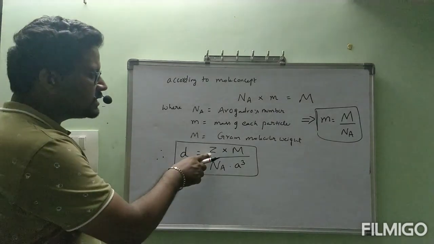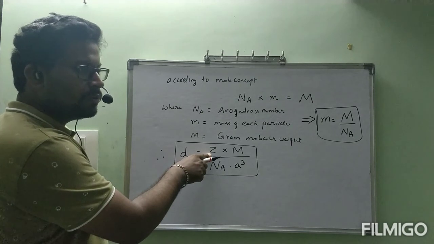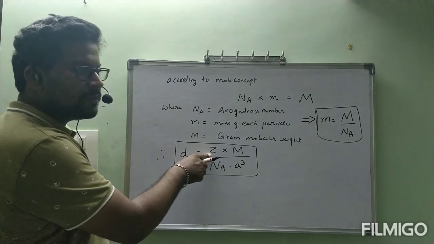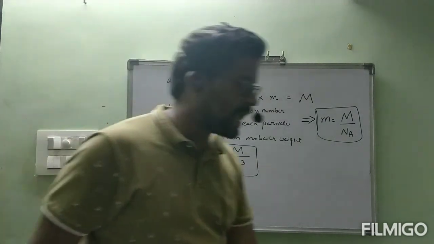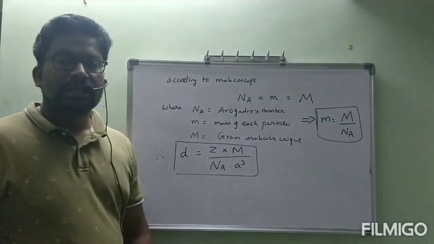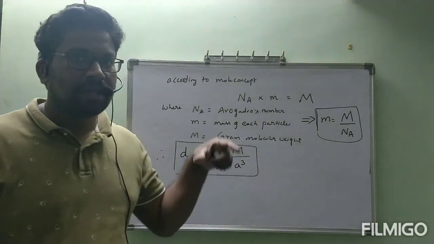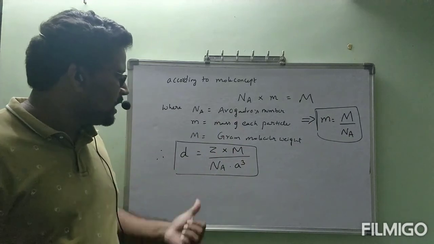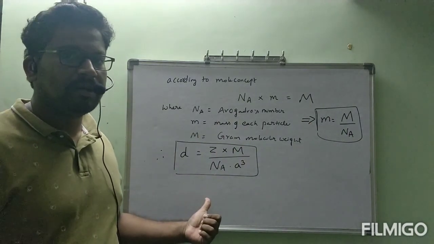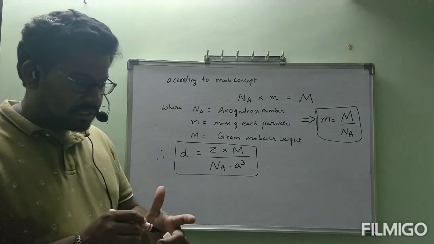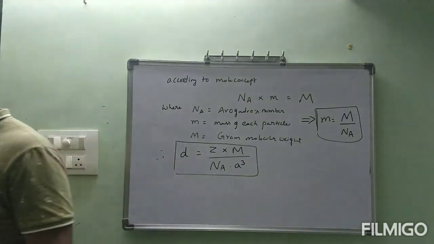If it is a face centered unit cell, Z is equal to 4. If it is a body centered unit cell, Z is equal to 2. If it is a simple primitive unit cell, Z is equal to 1. This is about density of unit cell calculation. We started with mass of unit cell divided by volume of unit cell. From there we got this much data, and finally this one is kept in the box. Please keep it in a box. It is a very important formula to do the problems. Density is equal to Z into capital M divided by Na into a cube.